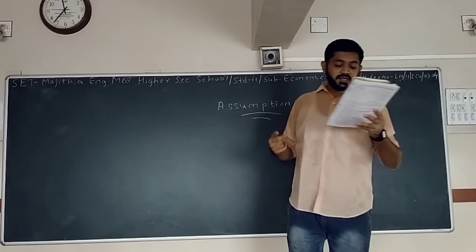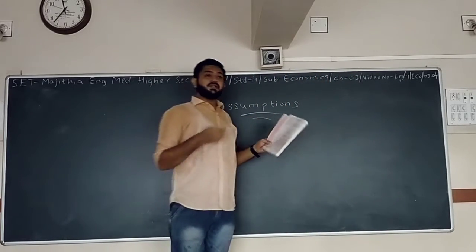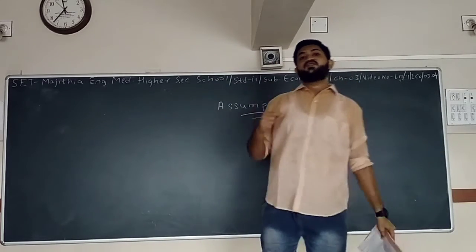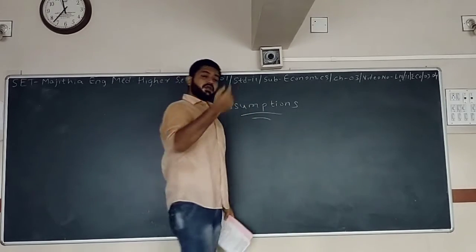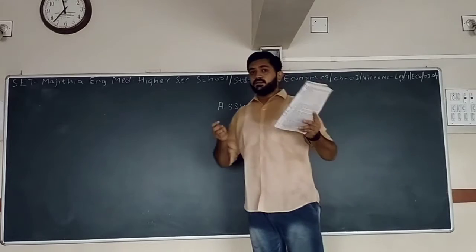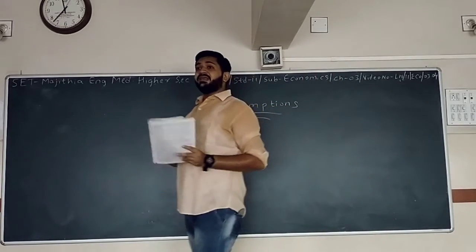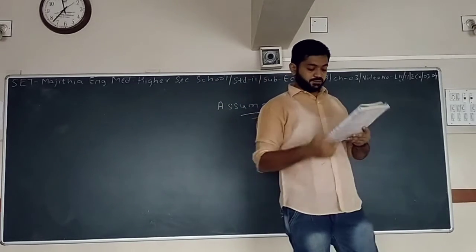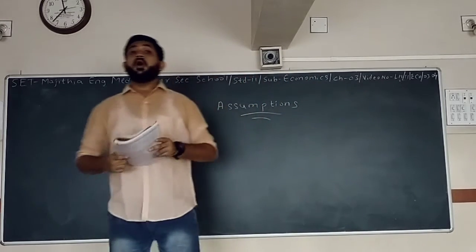And the last part is, size of the population remains the same. The population of the country remains the same. Then only we can conclude the law of demand. If the price of the commodity is rising and the demand is falling, and if the price of the commodity falls, the demand will expand. In this situation, suppose the population is 130 crores. So for calculating the next time of demand, it should be the same. It should not change. So these 5 are the assumptions of the law of demand.